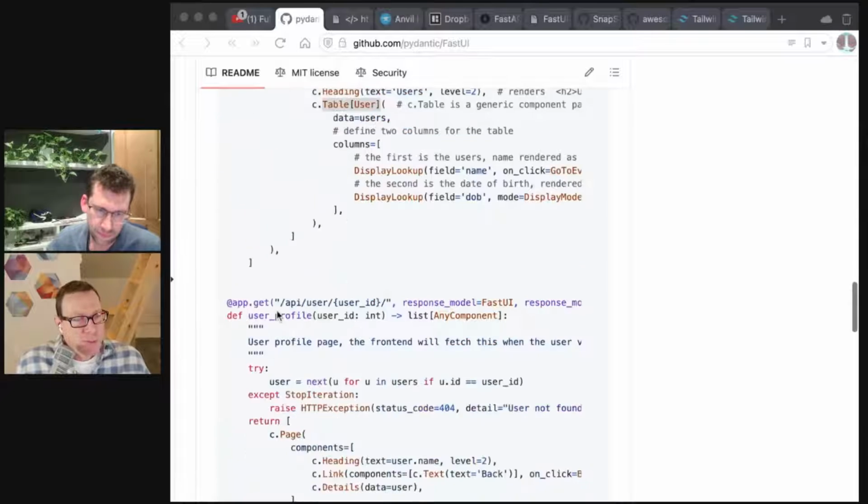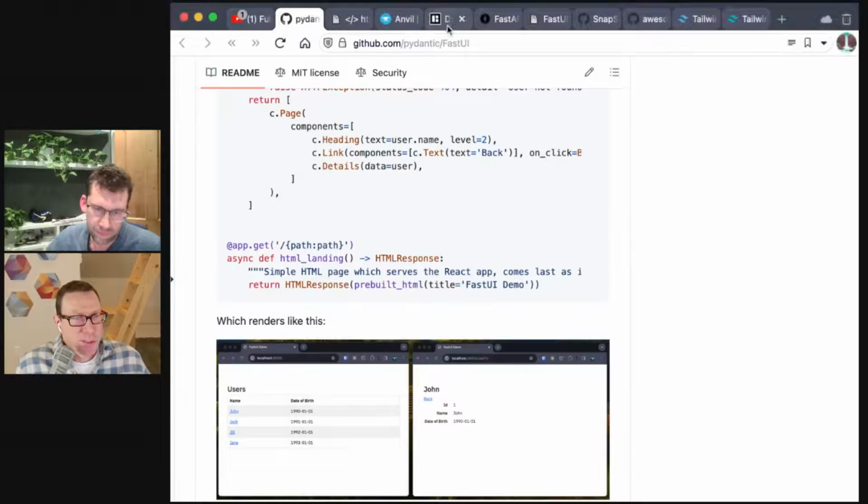So let's maybe talk about some of the examples. Actually, before we do, just give us a sense of where this fits in the UI space for Python. On one hand, we've got Flask, Django, FastAPI returning HTML, etc., where it's all on you, right?